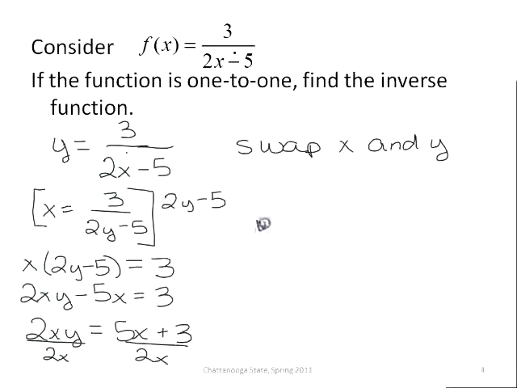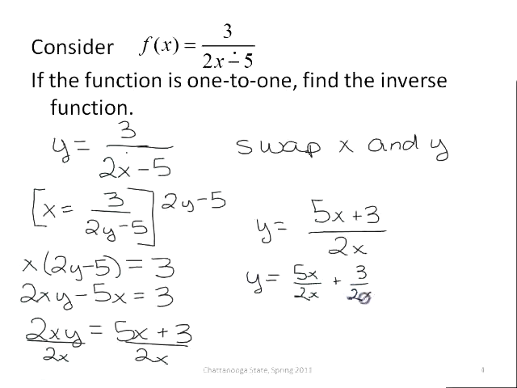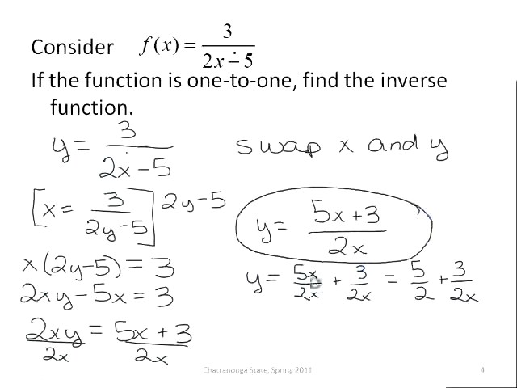And then I'll divide by 2x. So that will give me y equals 5x plus 3 over 2x. I also can simplify that a little bit and write the 5x over 2x plus 3 over 2x. So that would give me 5 over 2 plus 3 over 2x. I don't know if you would need to do that or not. I like leaving it in this form. So I would write f to the negative first